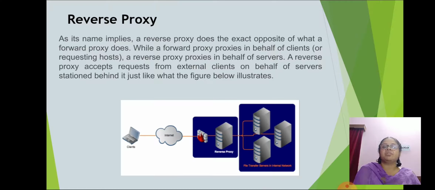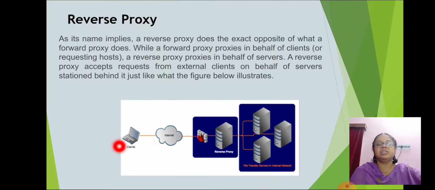A reverse proxy accepts requests from external clients on behalf of servers stationed behind it, just as the diagram shows. In the diagram you can see that it is just the reverse of a forward proxy.